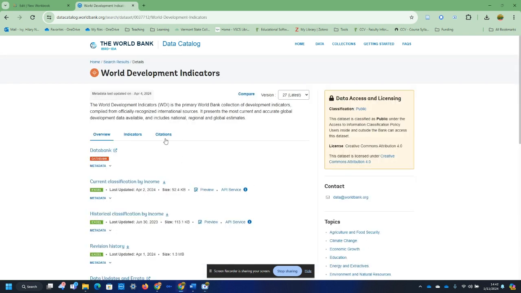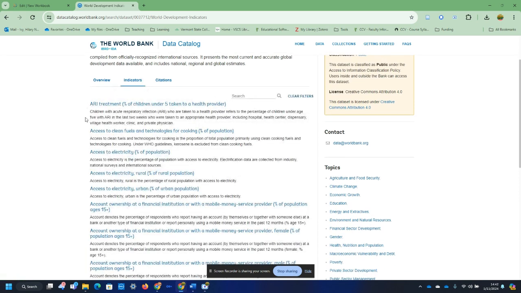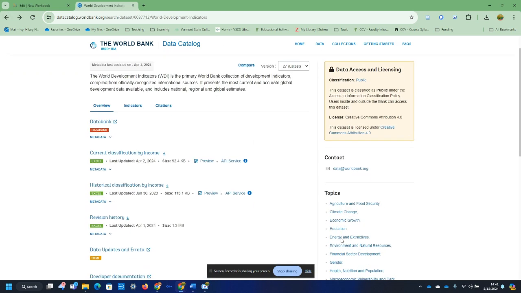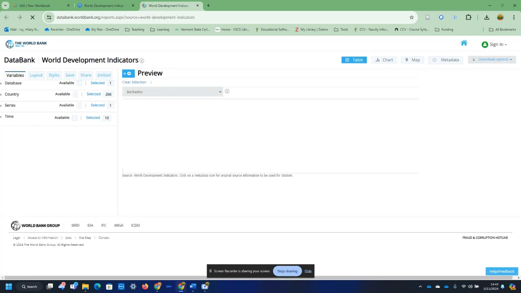This is some meta information about the indicators themselves. If I wanted to know what each of that contains, I could come in here. I could search by topic, or I could click on topic. If I clicked on education, it would show me a different range than if I clicked on climate change. So I'm going to go ahead and click on the data bank, and it's going to bring me into this